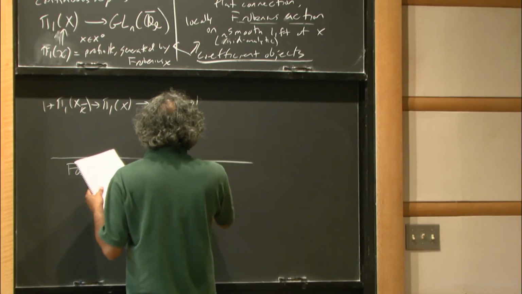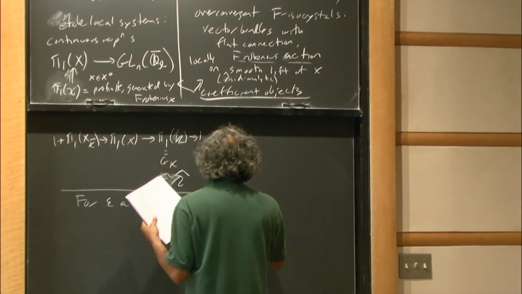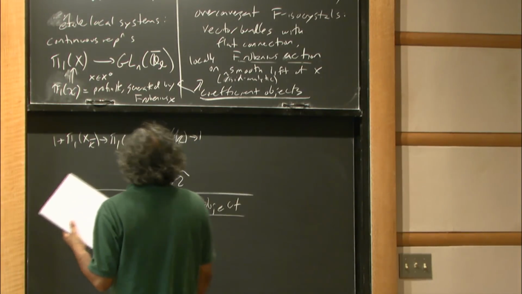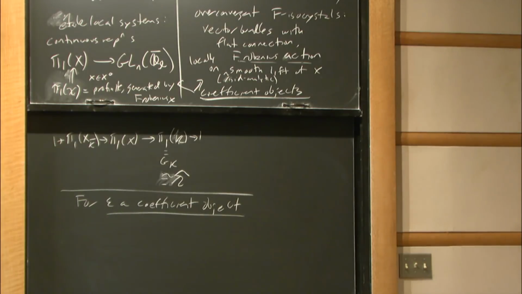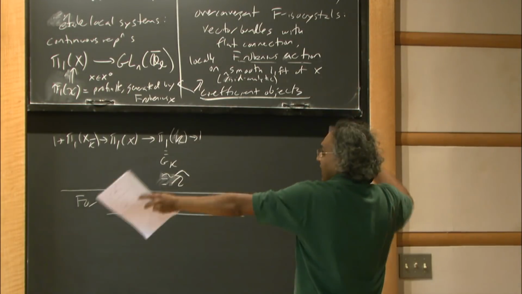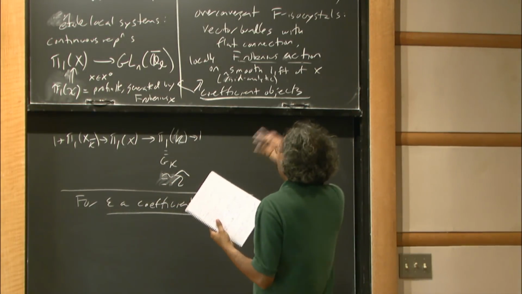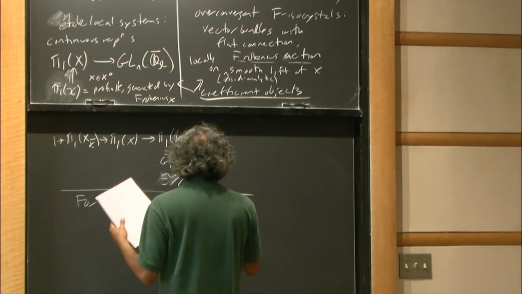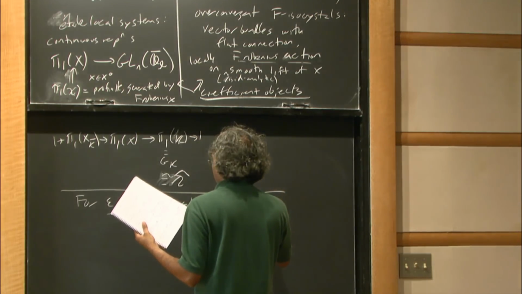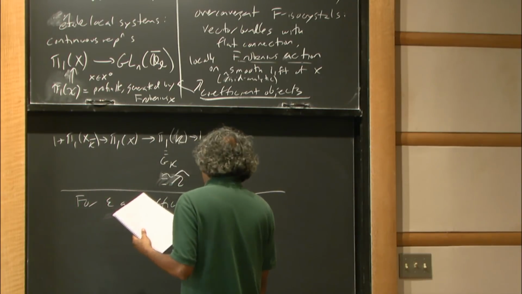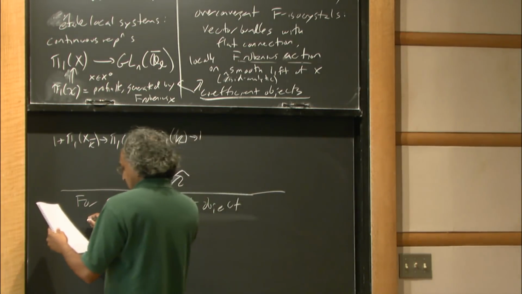If E is a coefficient object, these are the things that are supposed to record cohomology. They're constructed so that they are able to record cohomology of fibers in a family. But a priori, they're just objects you in principle could construct without reference to any family. So it's a question whether or not these things necessarily come from some geometric situation. But before I address that point, let me make this definition. If E is a coefficient object, then I want to talk about